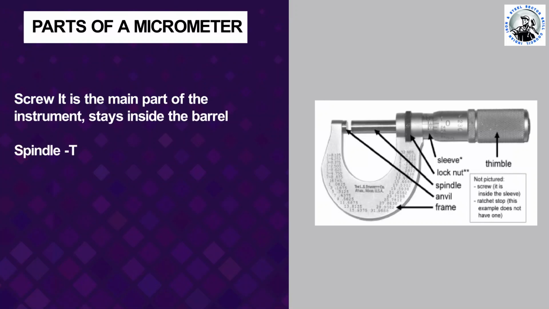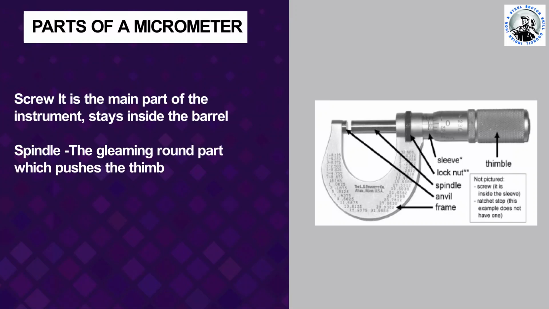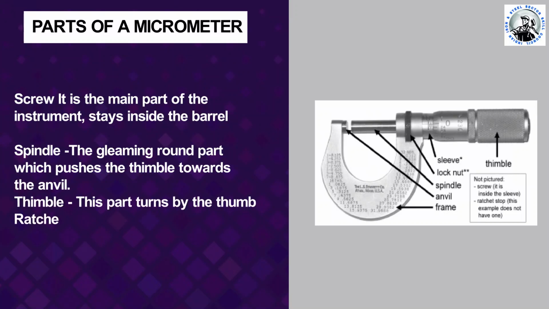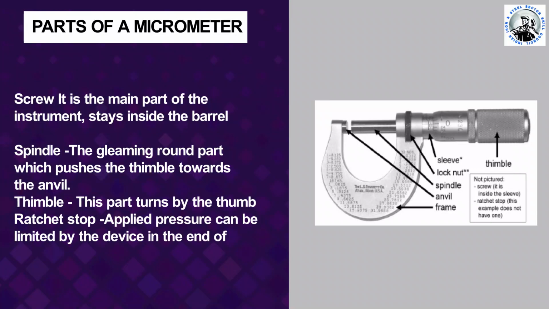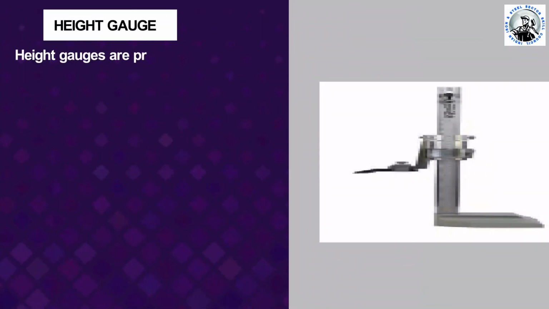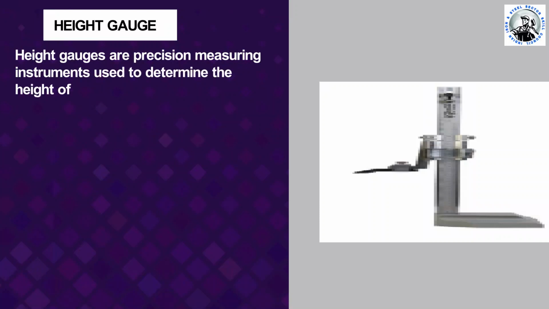Spindle. The gleaming round part that pushes the thimble towards the anvil. Thimble. This part turns by the thumb. Ratchet stop. Applied pressure can be limited by the device in the end of the handle by slipping at an aligned torque. Height gauge. The height gauge are precision measuring instruments used to determine the height of an object or